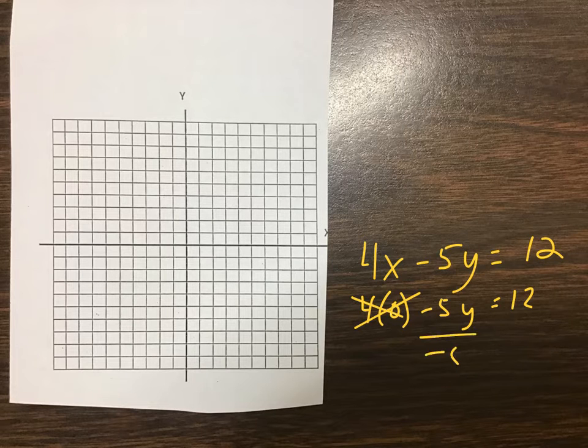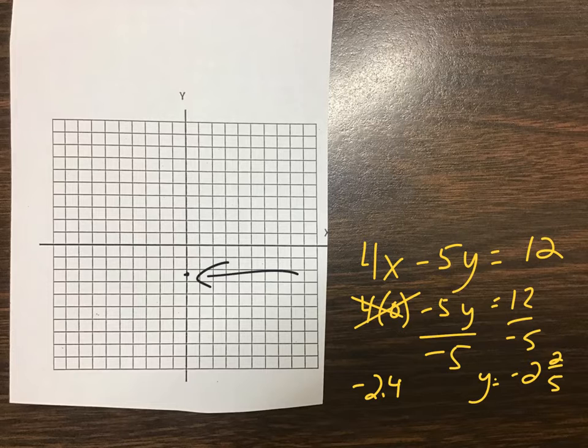I'm going to divide by negative 5. And so y is going to be negative 2 and 2/5, right? Yeah, which is negative 2.4. So negative 2.4 on the y-axis is just a little less than a half, isn't it? Is that about 2.4 right there? Oh, yeah. Okay. And then if we go back, now we're going to do the y value is 0